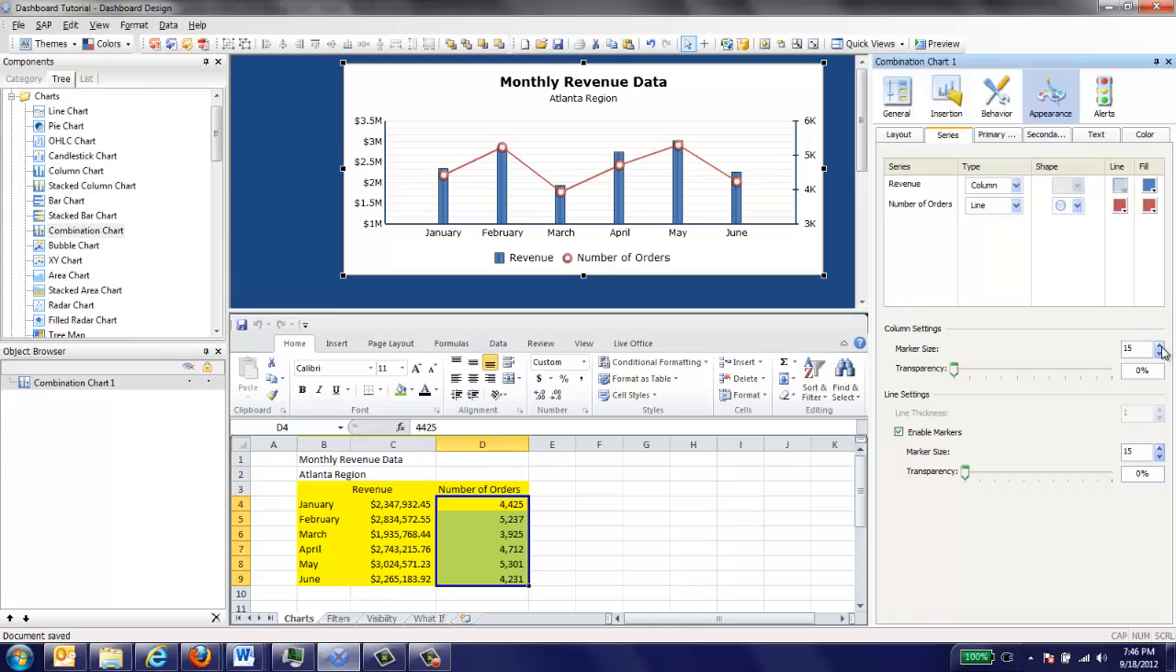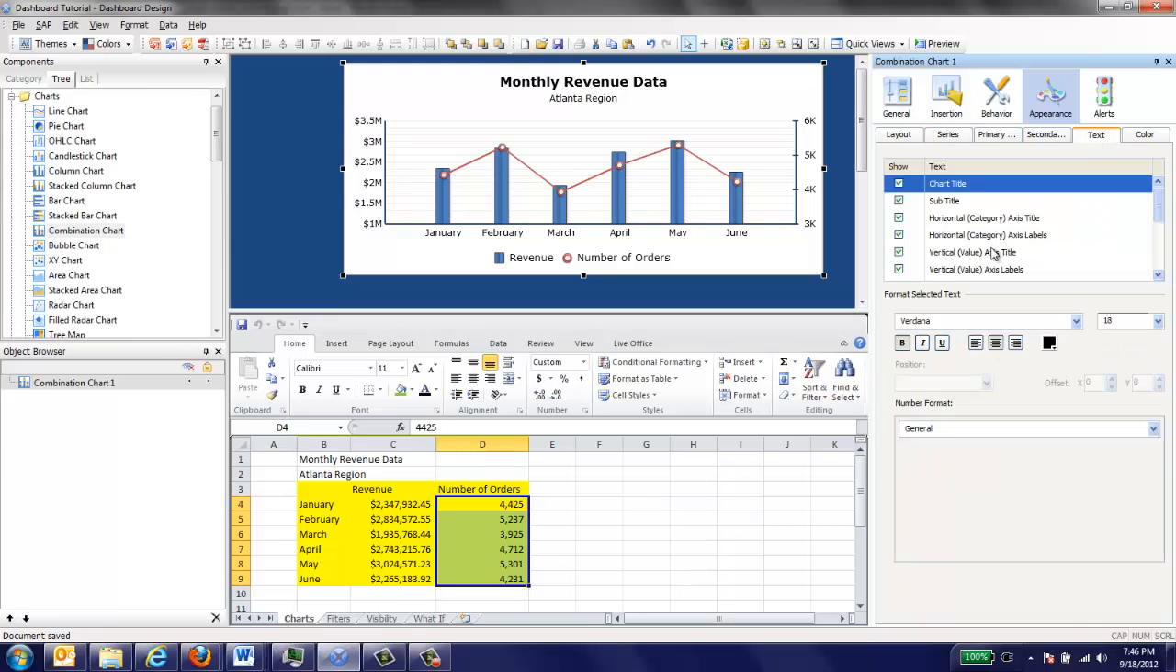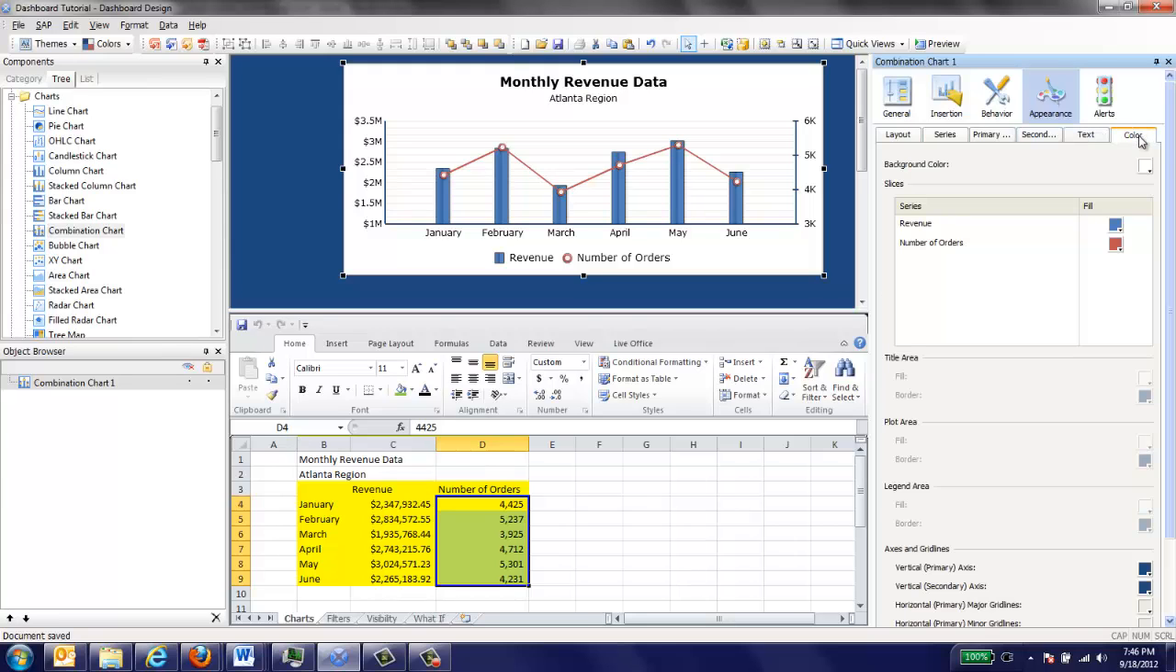Here as well, we could increase or decrease the size of the column and the markers to whatever you prefer when you're creating your report. And we can also change the colors of our different series as well. We also can change font sizes and colors of our text, and we can also change overall colors in our report, in our chart. And this is how we create charts in our